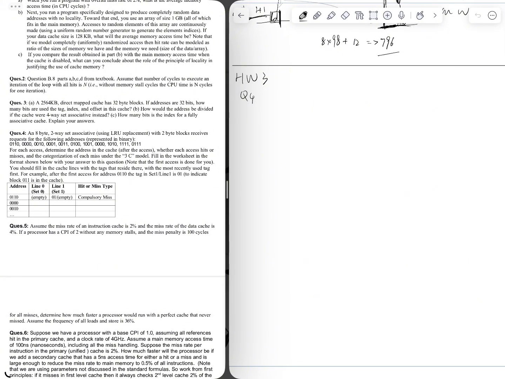Let's talk about homework 3 question 4. You can see here we will use an 8-byte two-way set associative cache. So we will have two sets and four lines, or four blocks, if you want to say blocks or cache lines. Here we will have four cache lines. And since it's two-way,